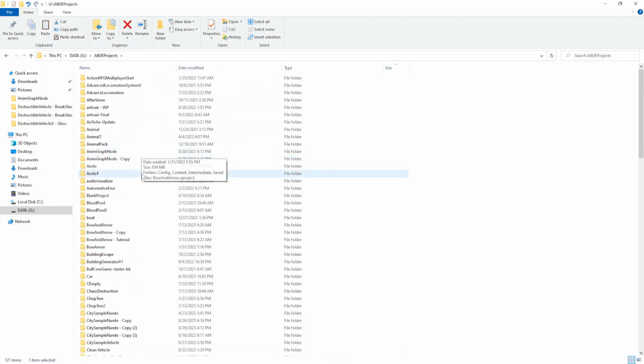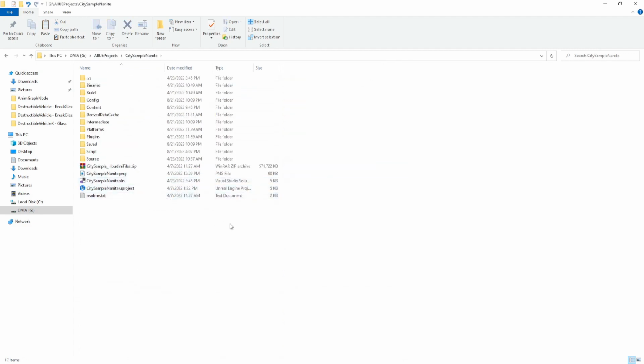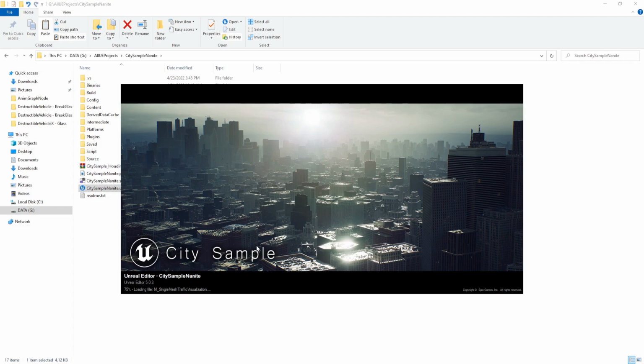Then find the City Sample project and open that project. When you finish all this series, you can create the destructible vehicle without any source code that is related to the City Sample.